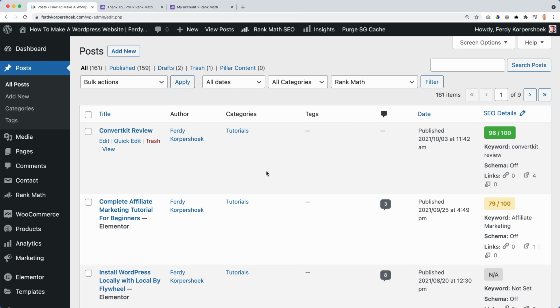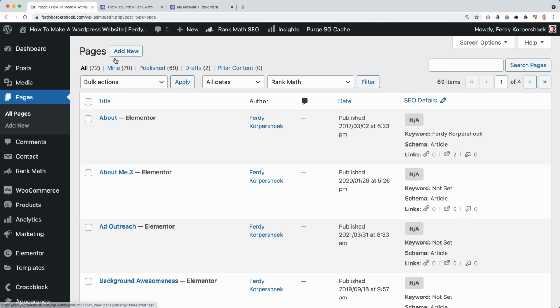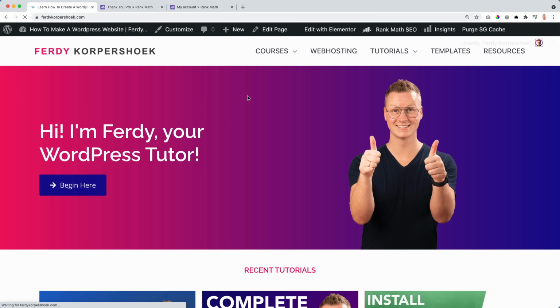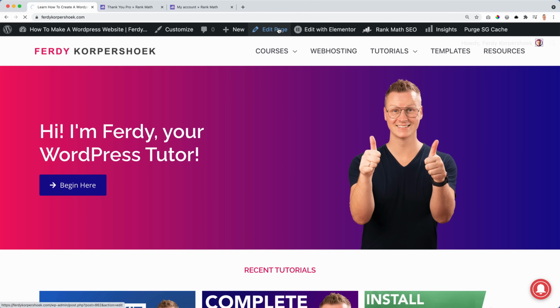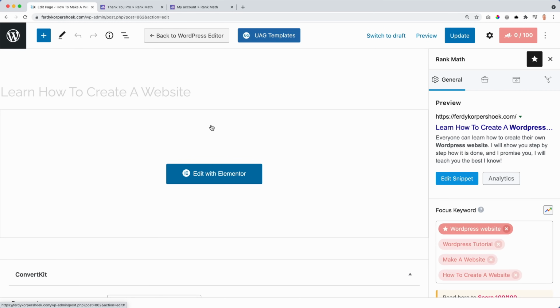So you can also do this for pages. Well, there can be a slight problem, because if I take a look at my homepage, there's not much text. So let me edit this page. It's a little bit harder to rank well for this, but it does no harm to optimize it a little bit.